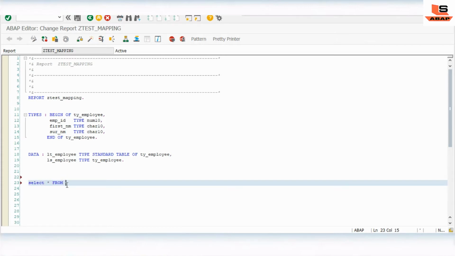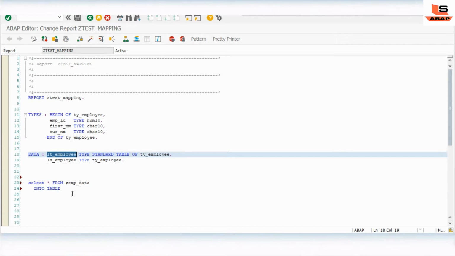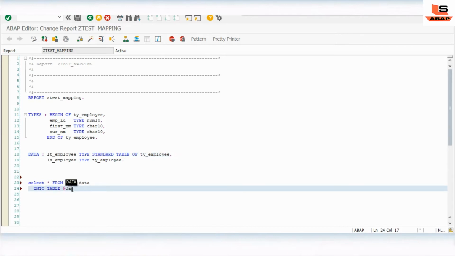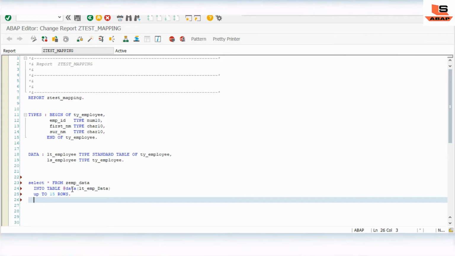Select star from zemp data into table lt emp data. I'm not specifying any where condition because I need all the data records from this table, so I'm using up to 15 rows.